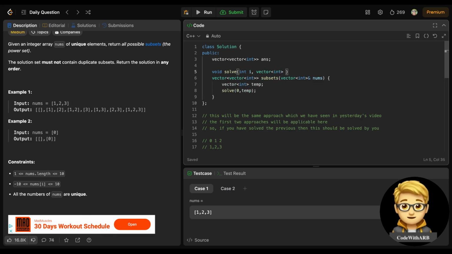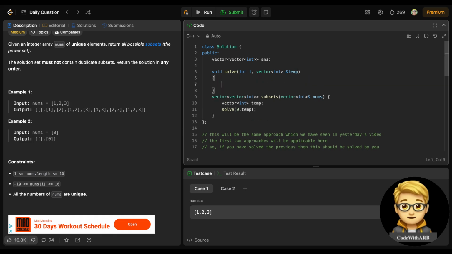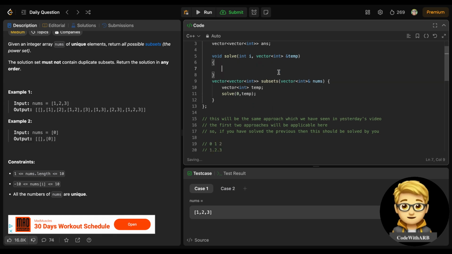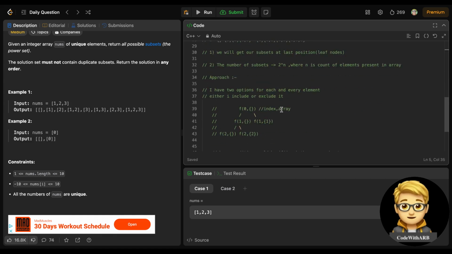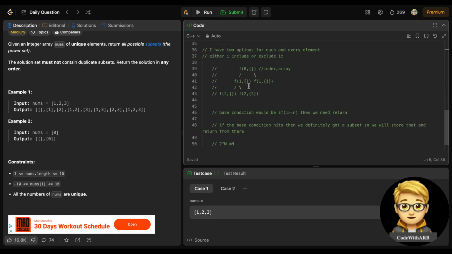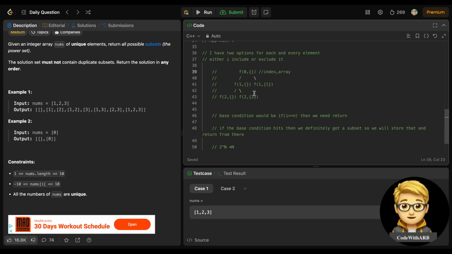We will pass this by reference. Why are we passing this by reference? Because when we insert this one, and after this when we go on, we will backtrack, so this one would be popped out. What does it mean?